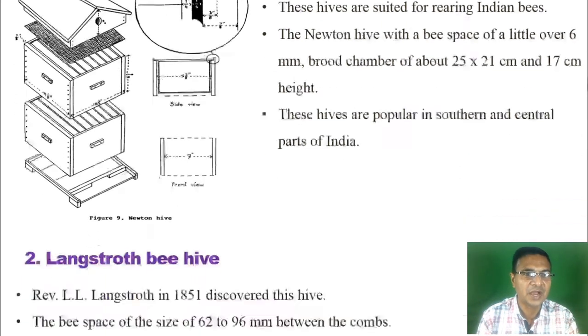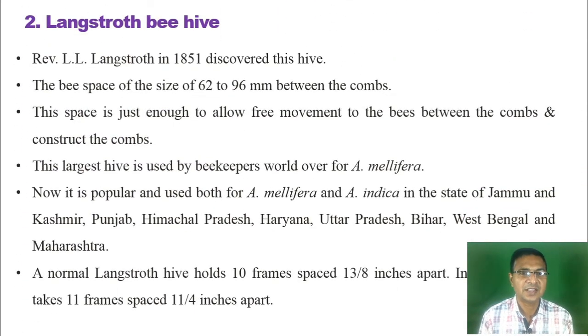After the Newton beehive, next is the Langstroth beehive, which was discovered in 1851 by Langstroth. Depending on the body size of Apis mellifera, Langstroth maintained the comb. The bee space is important to allow the free movement of bees between the combs and between the frames, as well as to construct the comb,